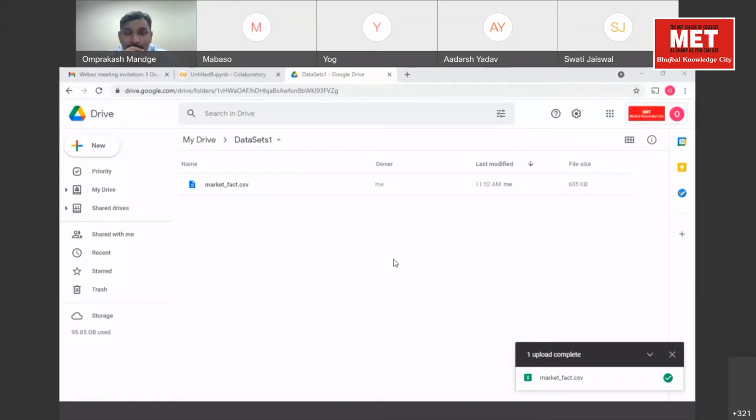Before we proceed, I cannot access it, it only shows the Colab notebooks. Are you using a Google account? Yes, I am. Can you put your Gmail ID in the chat box, and we'll share it with you individually.